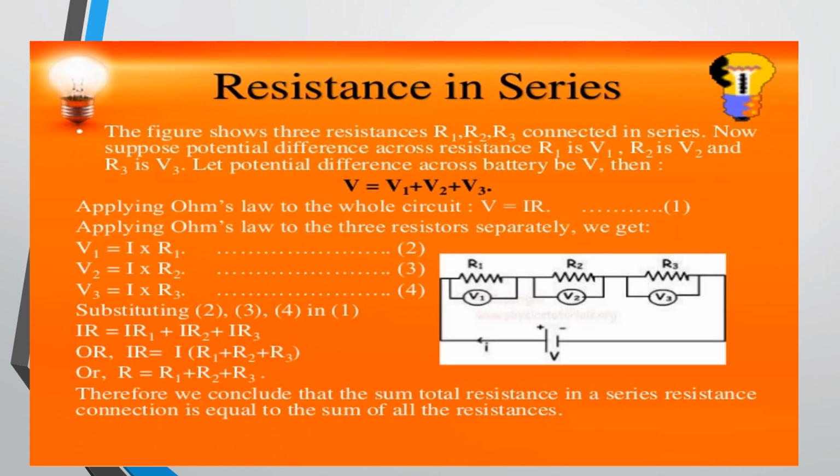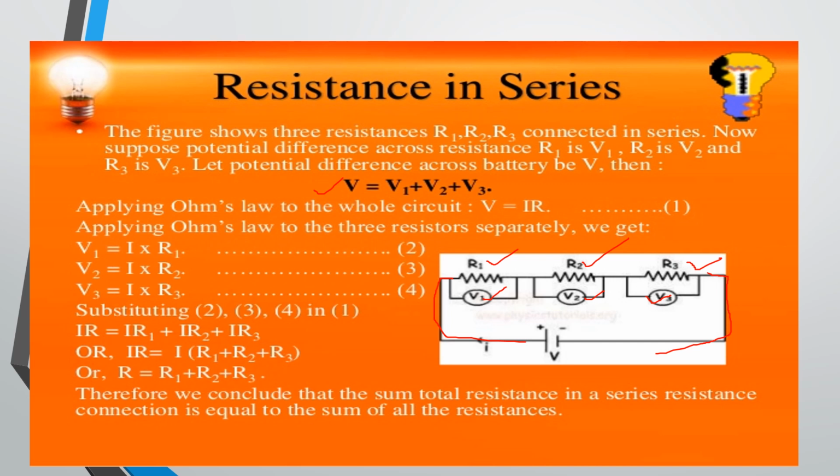Now you can see the circuit diagram. What I told you in the previous slide: R1, R2 and R3 are connected in series, with V1, V2 and V3. And these terminals we connect to the battery source. Now I'm going to consider the potential first, because the potential is not only for the individual resistors R1, R2 and R3. So I'm going to consider V is equal to what?